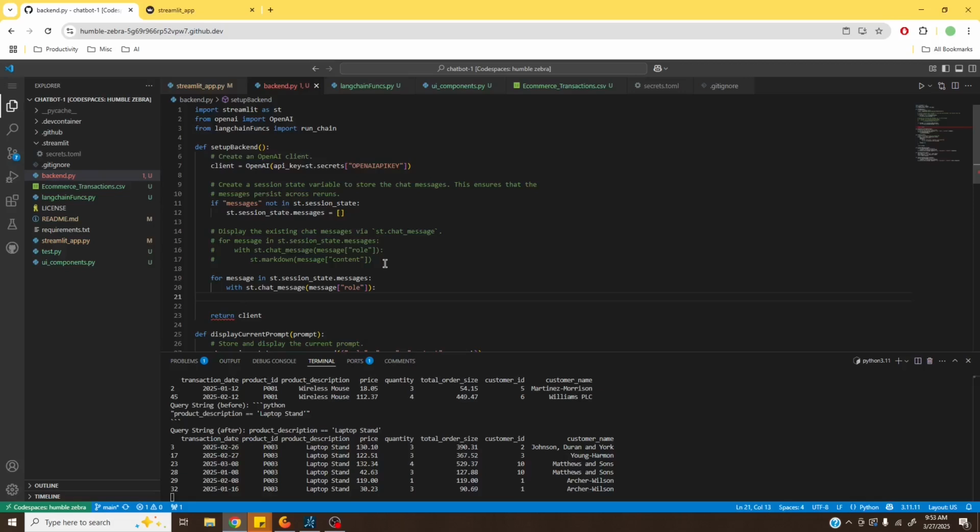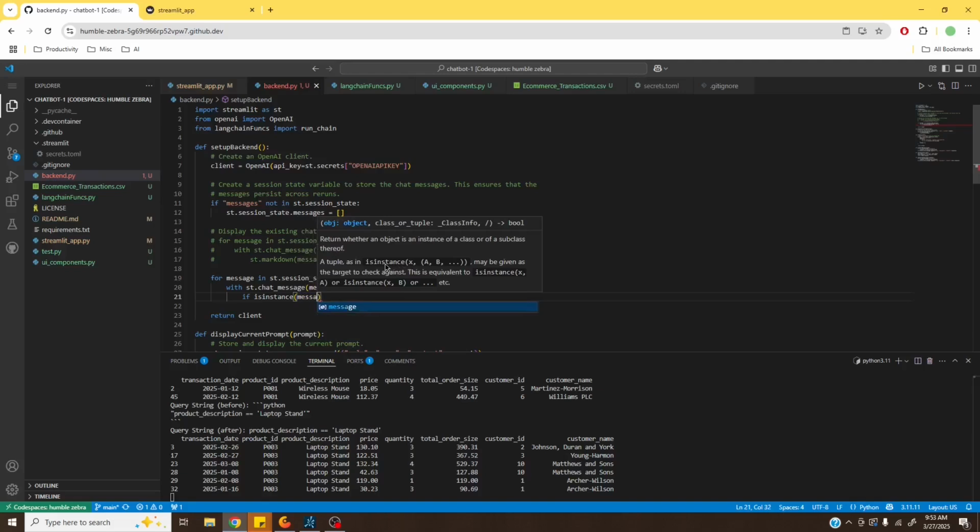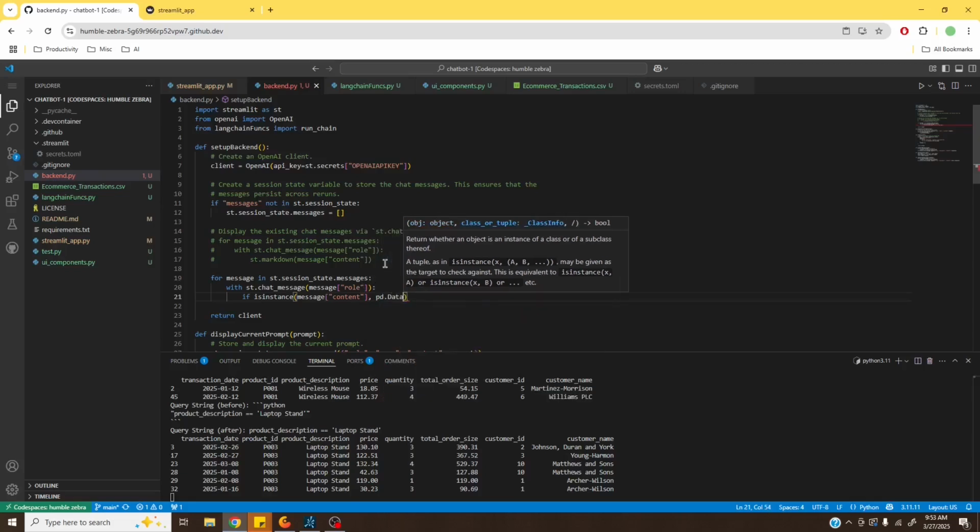And if it is a data frame, we'll output it as a data frame. Otherwise, we'll just write it as a normal message. So here comes if isinstance, and here we're getting the message content. So if the message content is an instance of pd.DataFrame,